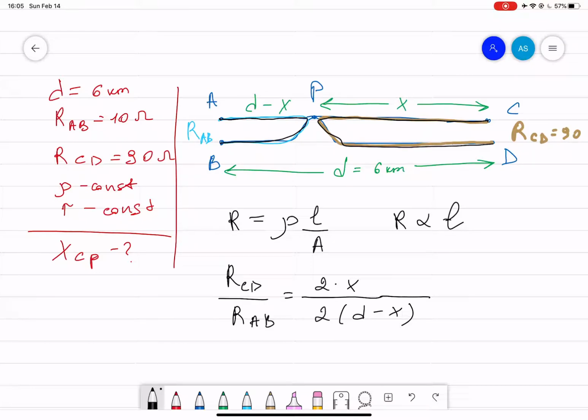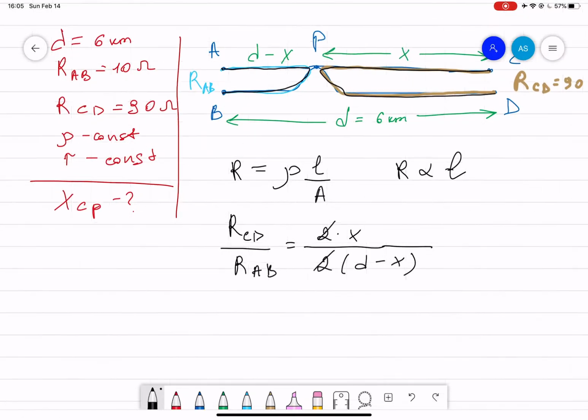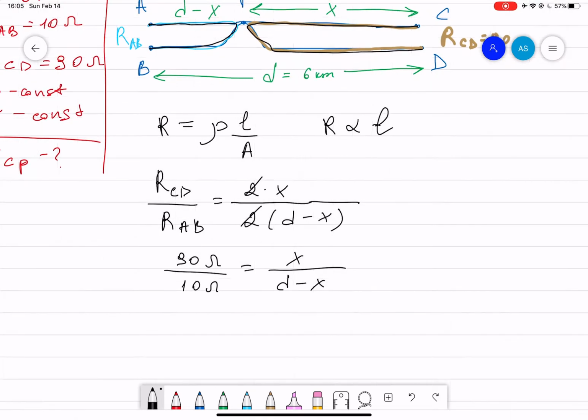So here we can say that the 2 and 2 will cancel out, and RCD over RAB is equal to 90 ohms divided by 10 ohms, which is X over (D minus X). So then we can say that it's equal to 9. Then from there we can say that X is equal to 9D minus 9X. Then our X becomes, 10X equals 9D, so